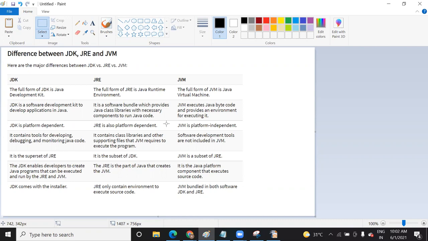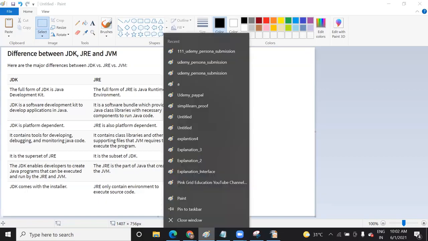How will they create an environment? With the help of libraries, they will help you to bind the code. Bind means, when we run normal code, each and every module needs a binding between them, or you can say a communication, so that when one instruction is executed, the other instruction should be ready to execute. So the environment is created with the help of that JRE, which will create a binding between every program, module, component, right?